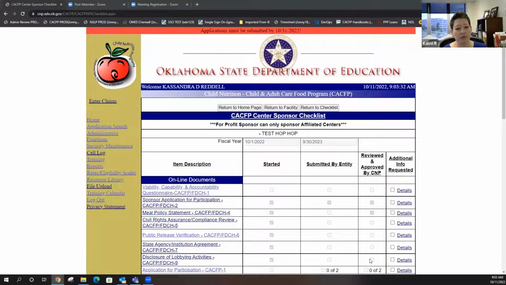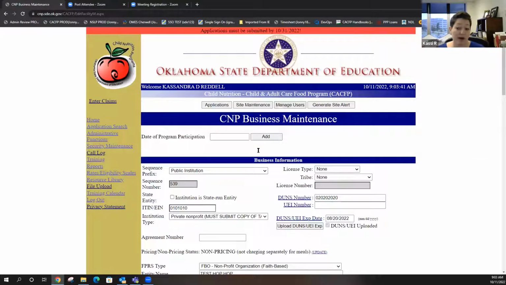So I'm going to go through the forms that have new changes. My screen's going to look a little different than yours because I'm logged in not only as myself, so I have access to different buttons and things aren't grayed out like they would be on your screen. It's a test account, so you might see a lot of junk in here that doesn't make sense. At any time, stay muted just because I get easily distracted, but if you have a question, interrupt me in the chat or unmute yourself and speak up.